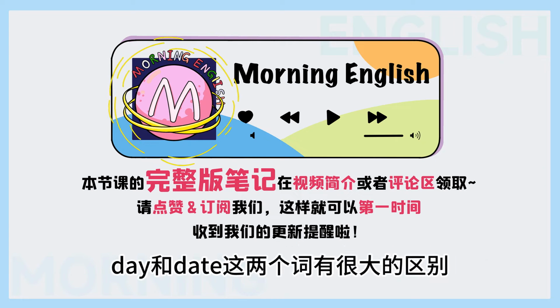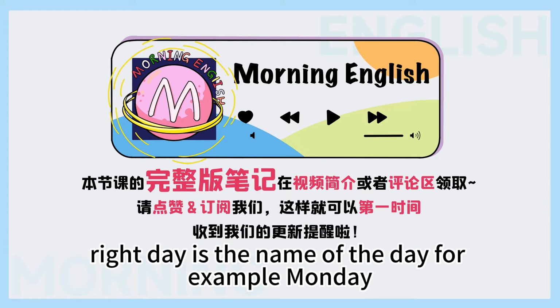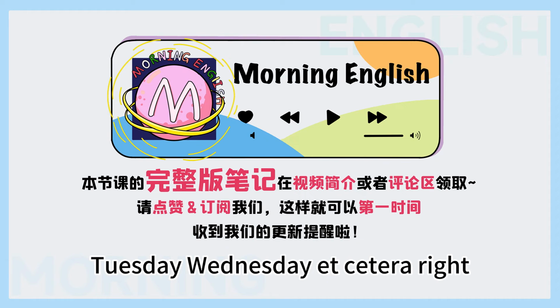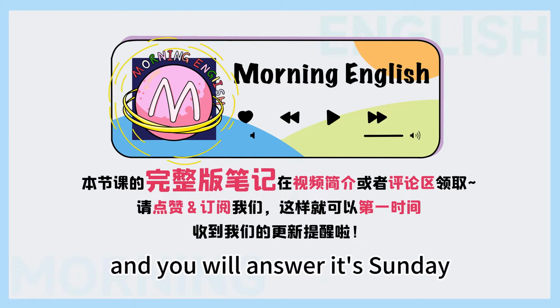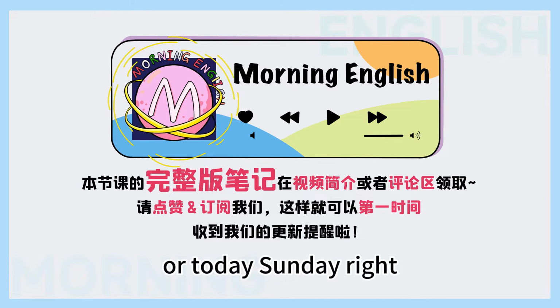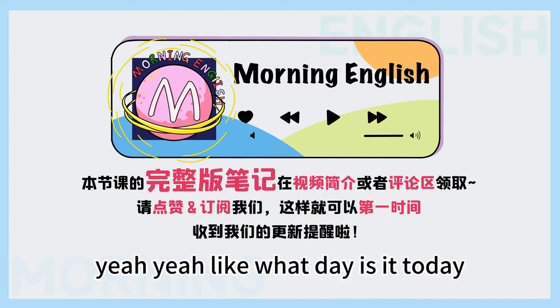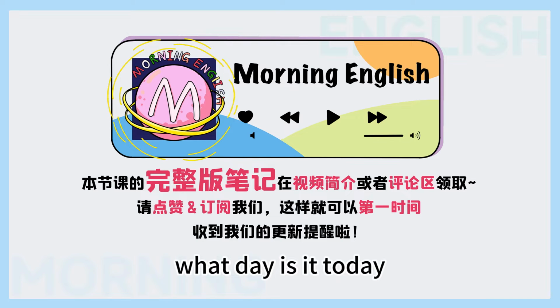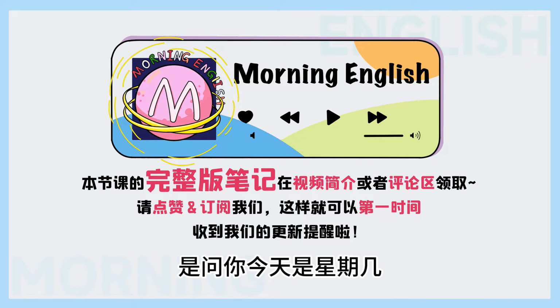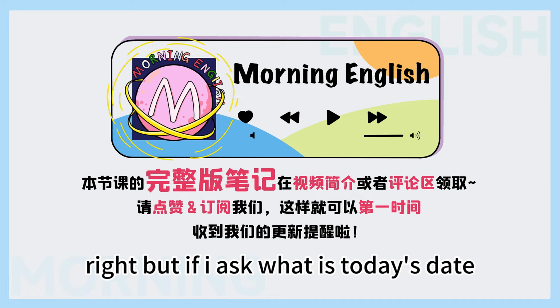Yeah, day 和 date 这两个词有很大的区别 right? Day is the name of the day, for example, Monday, Tuesday, Wednesday, etc. Right. So, I can ask, what day is it today? And you will answer? It's Sunday, or today is Sunday, right? Yeah. Like, what day is it today? 这个问题大家记住了 What day is it today? 是问你今天是星期几